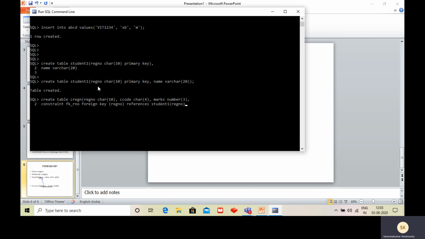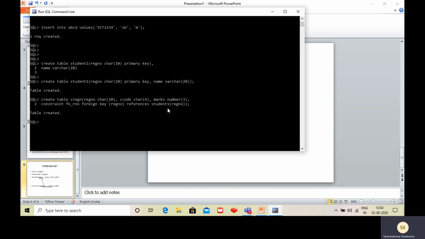So I have to say foreign key (register number) references student1 (register number). Foreign key is a keyword, register number is the attribute I am creating as a foreign key, and it refers to register number of the student1 table. That's all. This is the creation of this table.